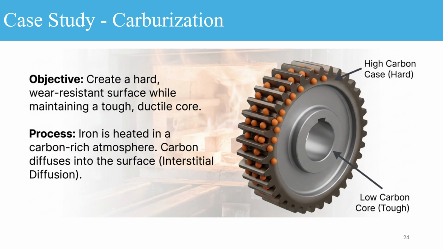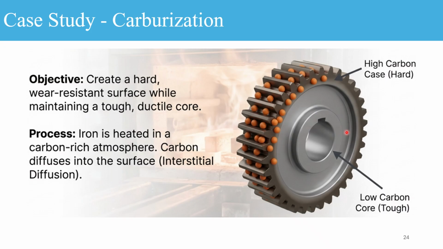One application of diffusion is in carburization. The objective here is to create a hard, wear-resistant surface while maintaining a tough, ductile core. For this, the iron is heated in a carbon-rich atmosphere, and carbon diffuses into the surface through interstitial diffusion, and we remove the material before the carbon penetrates too deep. By doing that, we obtain a high-carbon case, which is the outer surface, and the inner part of the material is not changed, which is still a low-carbon core with